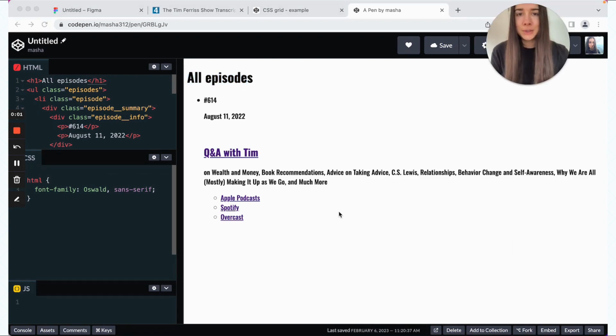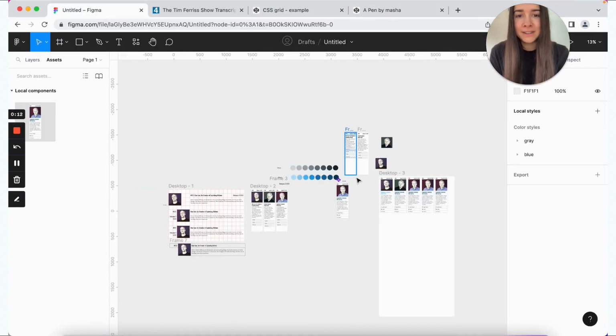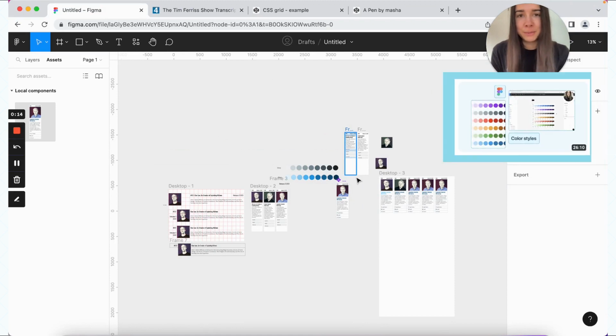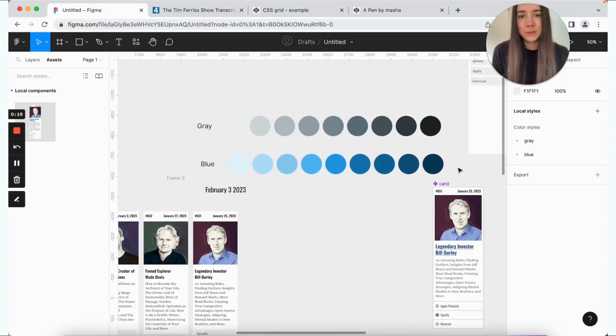The next thing we're going to do is add some variables for colors. So actually, when I was playing around with designs for this tutorial, I did make a very messy Figma file, and I used colors from one of the prior color tutorials. So now I'm going to use a plugin to quickly generate variables based on these colors.